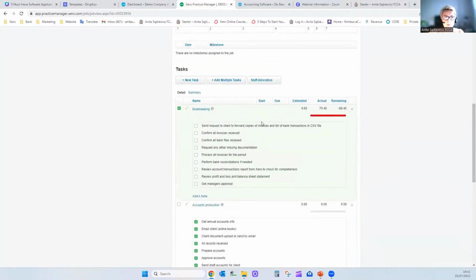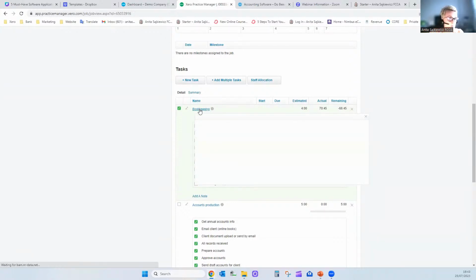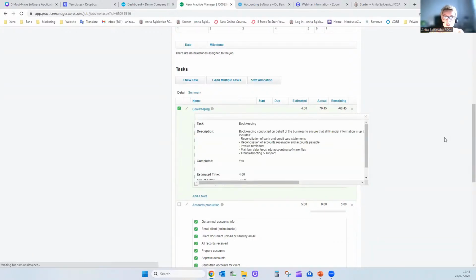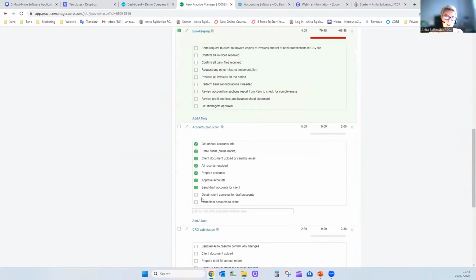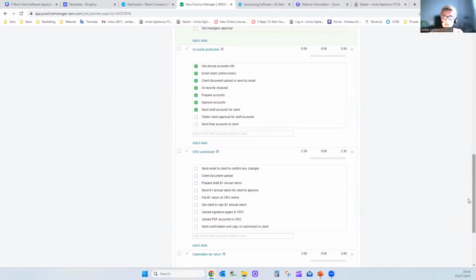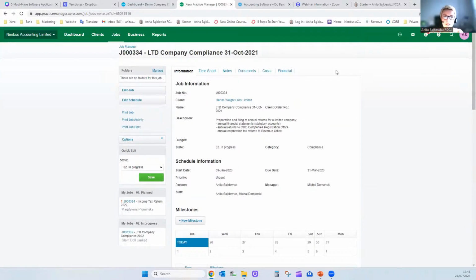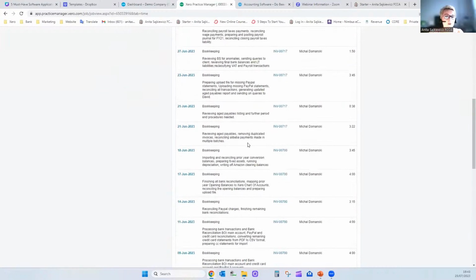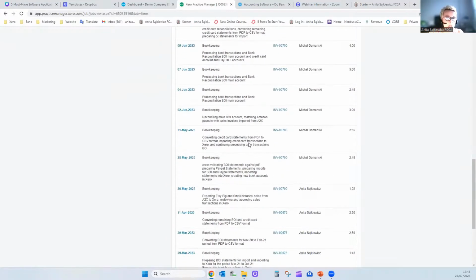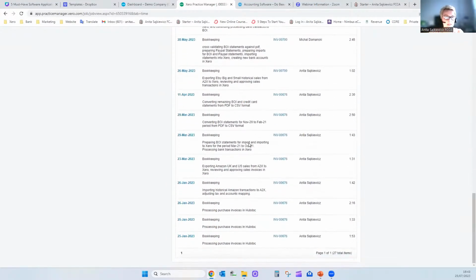This particular job consists of 4 tasks. So in order to do their compliance, we need to do the bookkeeping first because they haven't been with us in year 2021. We are catching up. And this is the job I mentioned to you earlier that we are charging them based on time. So you can tick all the tasks done in here. Once completed, you change to completed. Very handy. Your staff can record their timesheets on the job and you can review them here and issue invoices based on